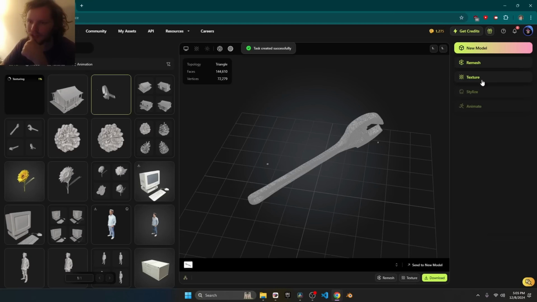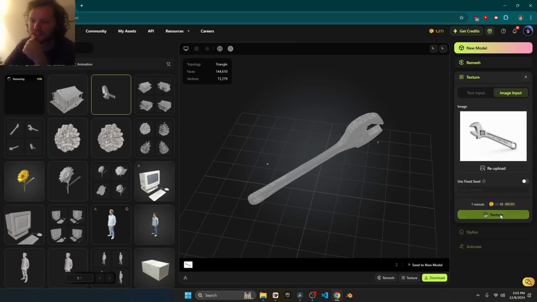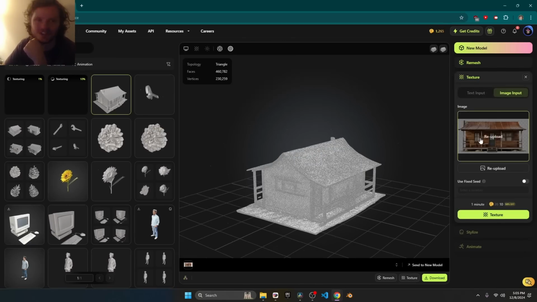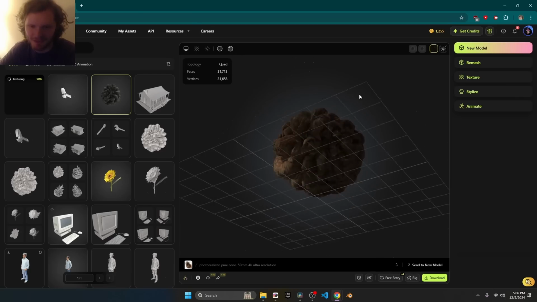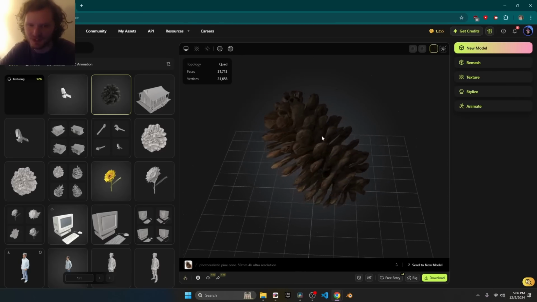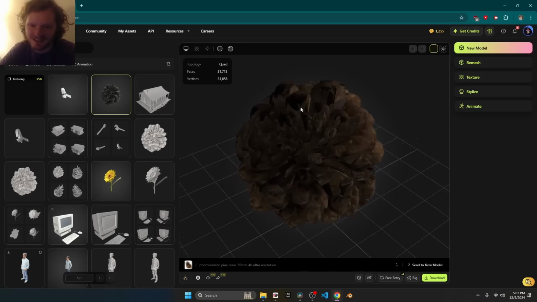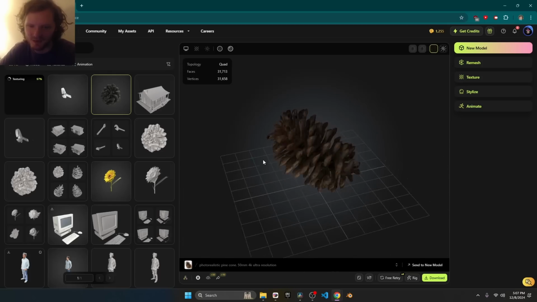And then for the wrench, for the texture, let's try to use the image itself. And then definitely the same thing for the house because it's so specific. The moment of truth, we do the material view, and it is indeed a pine cone. Remember, this was the text input, so it synthesized its own thing. I mean, honestly, other than these black regions, pretty good. I guess I would have gone for an image.